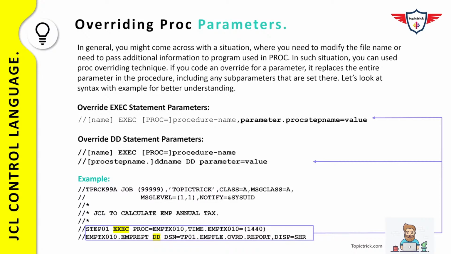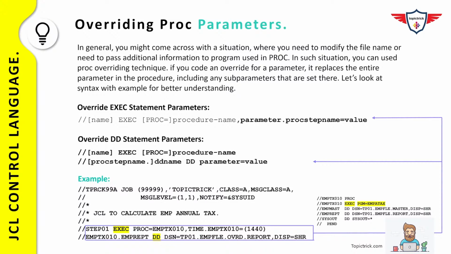So again, there is a sample JCL and we are using the same catalog procedure that we used in our previous example. In this case, the first two lines are again a job card, and after that you have the next three lines, which are a comment section that lets you know what exactly this job is doing. The next step is STEP01, which is an execute statement, and this execute statement is invoking or executing the catalog procedure